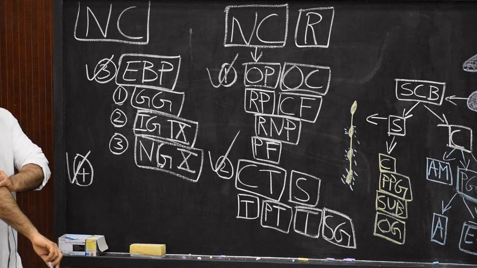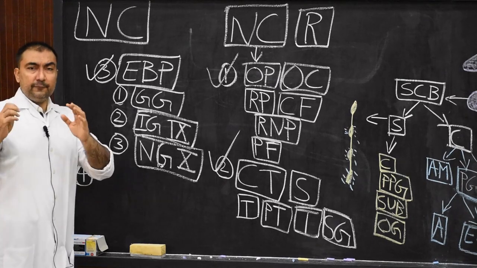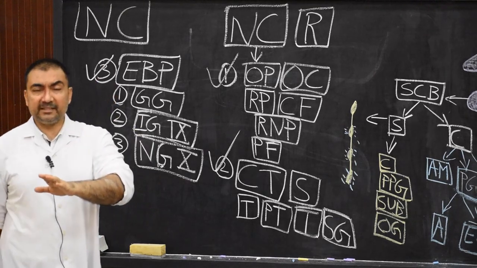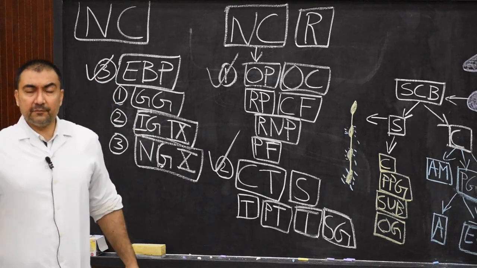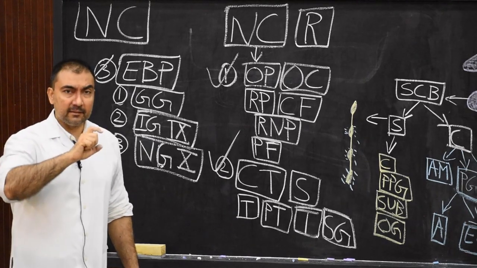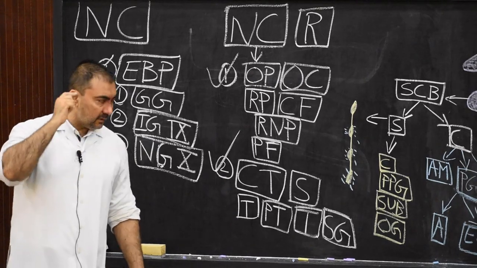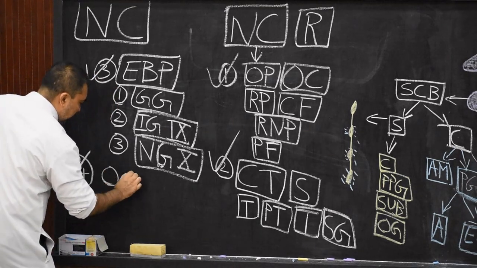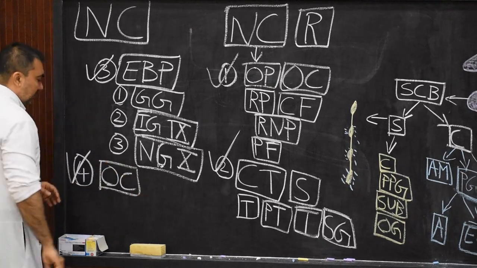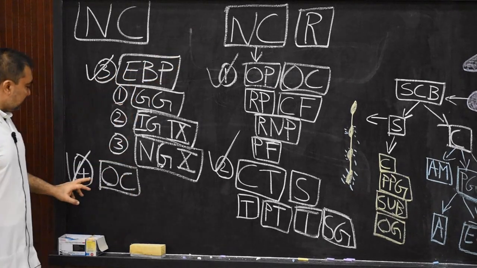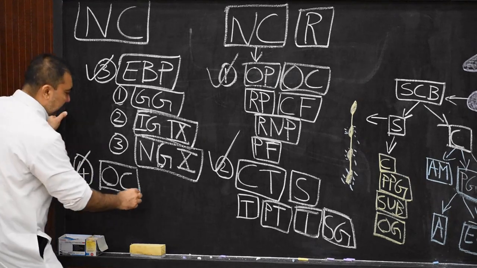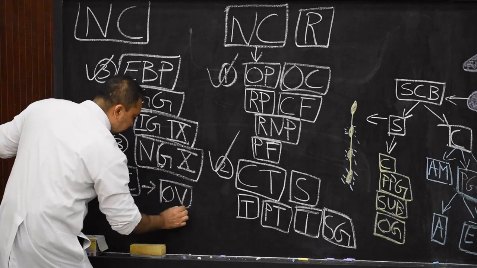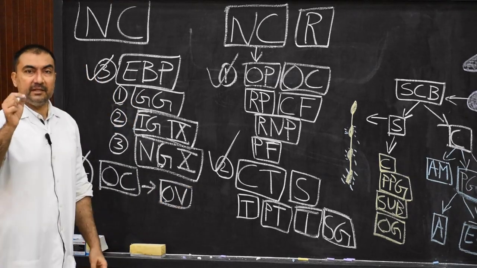The last one. Now in the last one, very important, if you recollect how the development of the internal ear takes place, middle ear and external ear, when we started with the development of the internal ear, which I have discussed with you, it started with the development of the otic capsule. And this otic capsule, you have to mention, will develop from the neural crest cells of the rostral region as the fourth derivative. From this otic capsule, it will develop into the otic vesicle. This otic vesicle will develop into the membranous labyrinth of the internal ear.